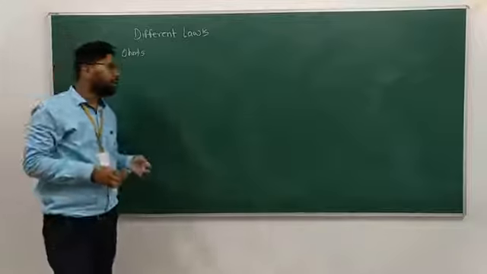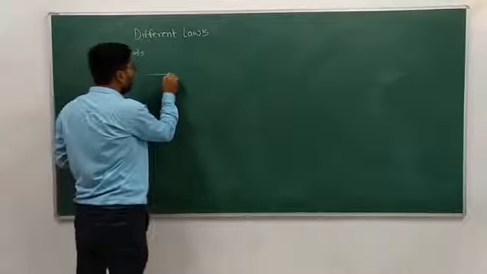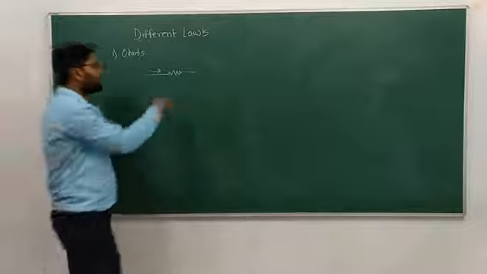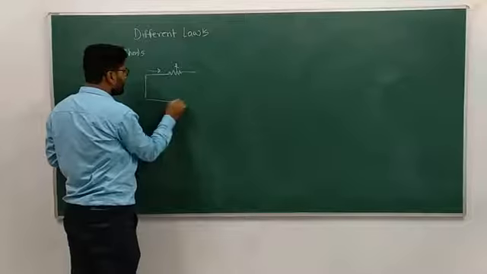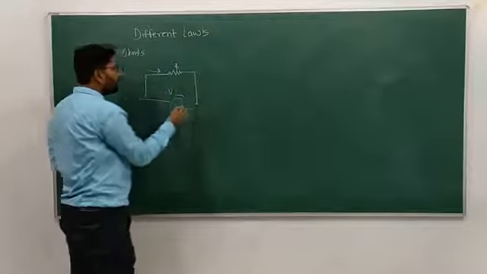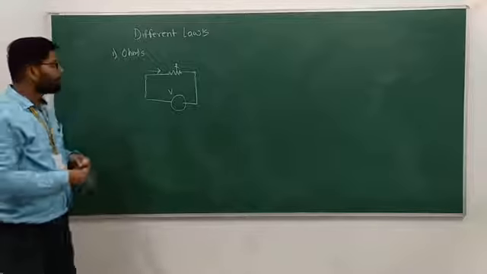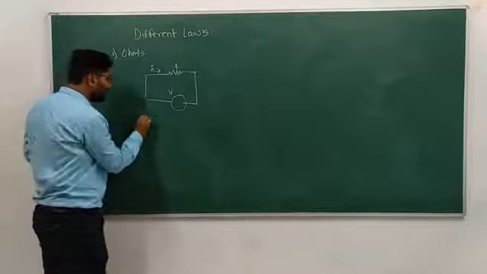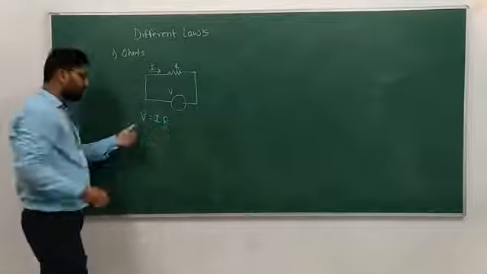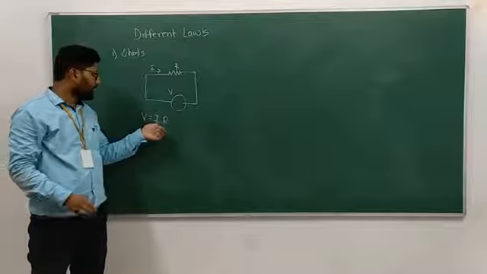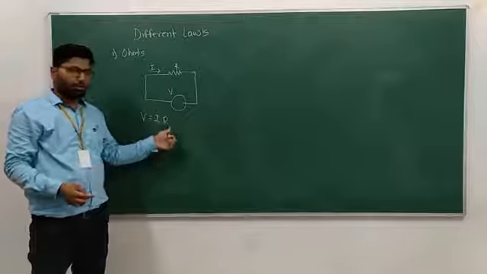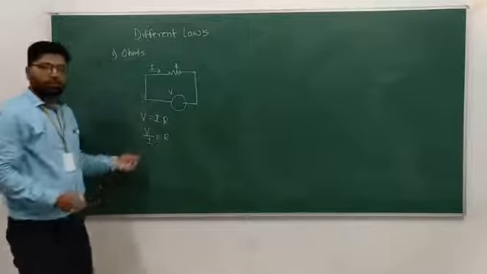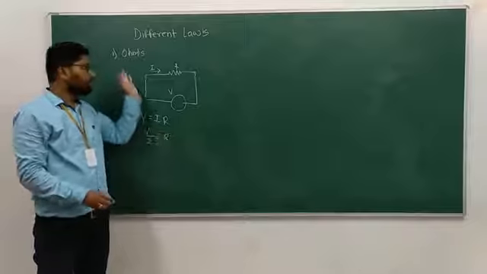Ohm, the scientist, found this law: if there is a resistance and current is passing through that path. So this is a resistor and one voltage source is available here, that is V. How do we find the voltage using these three elements? Ohm's law states that V is equal to I into R. So voltage is equal to the current value into the resistor value. Otherwise, you can take voltage divided by current, that is the resistor. That is the way you can find Ohm's law.